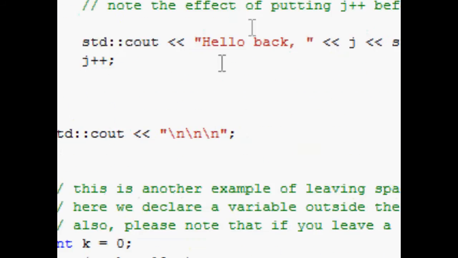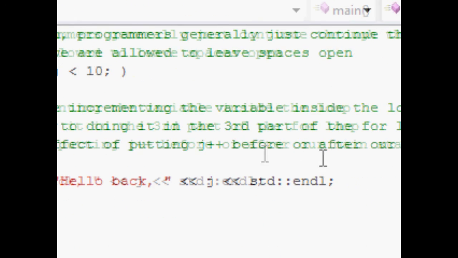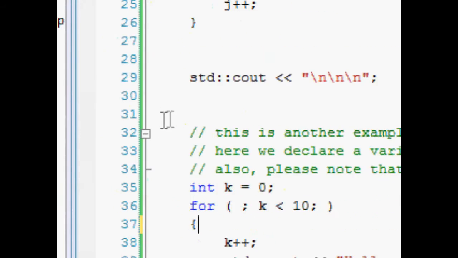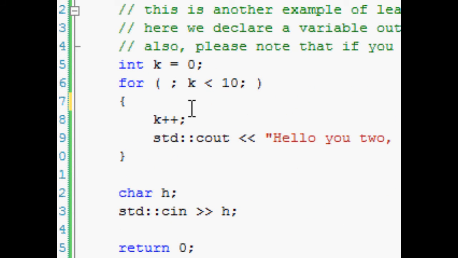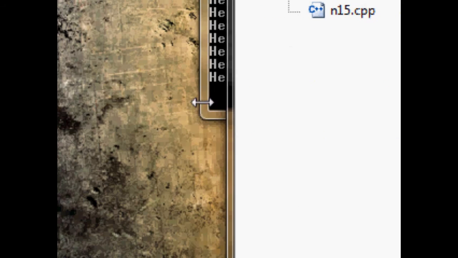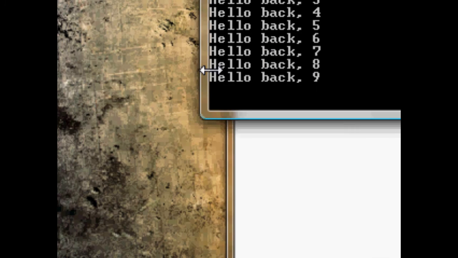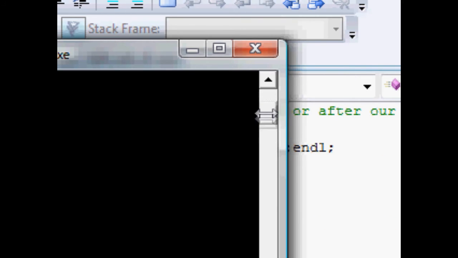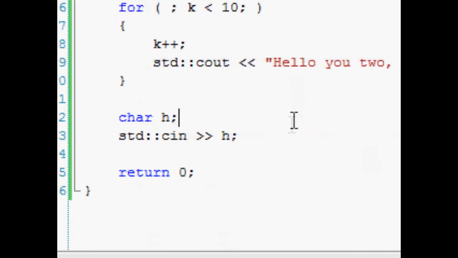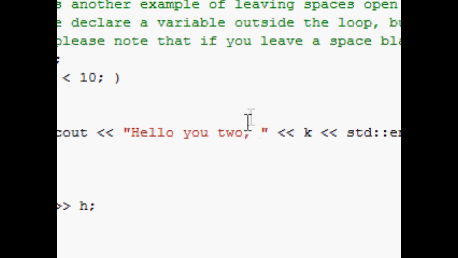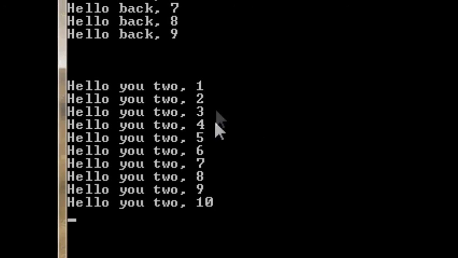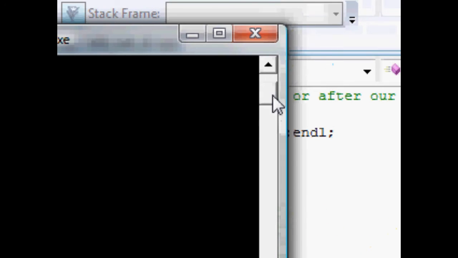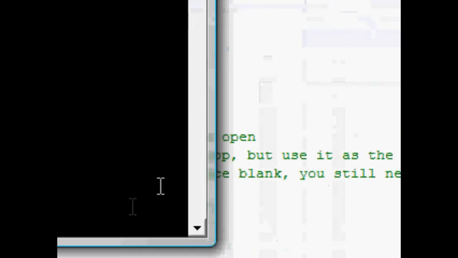Remember how I talked about up here? Note the effect of putting j++ before or after our main statement. Well, in the previous one I was putting it after, but I'm going to demonstrate putting it before, okay? So, let's just go ahead and take a look at what happens. Okay, we can see here, oh yeah, of course it says hello u2, comma, space, k, okay? And it actually outputs 1, 2, 3 all the way to 10 as opposed to 0 through 9, and that's